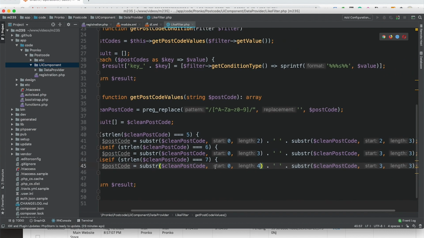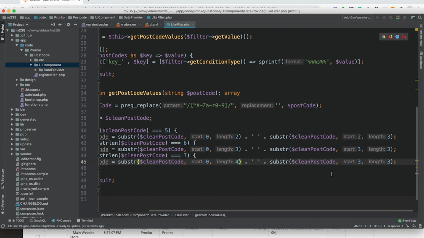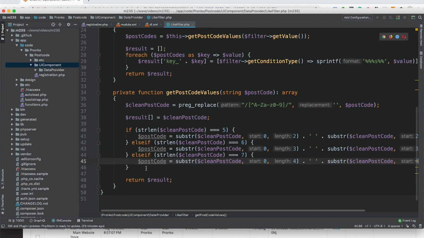So first 4 characters, then space, and then last 2.